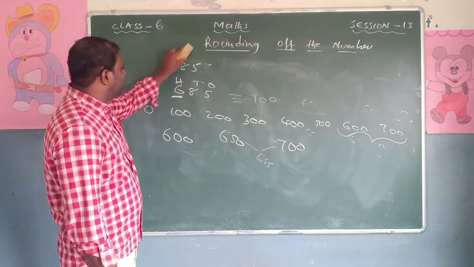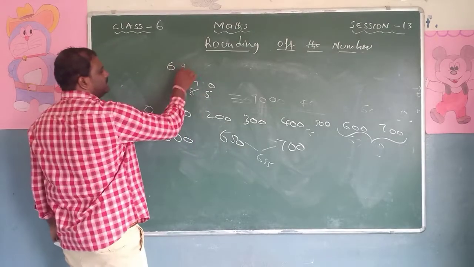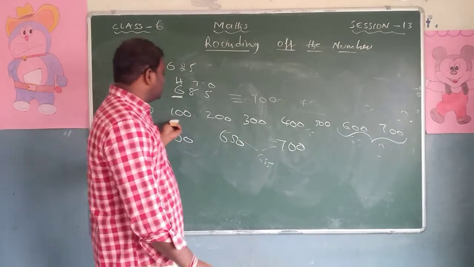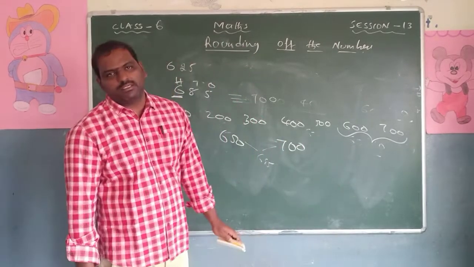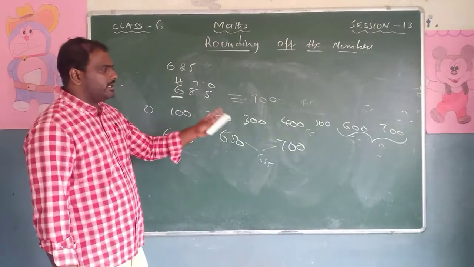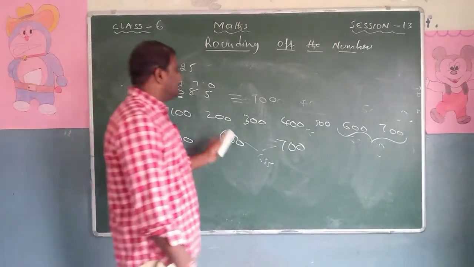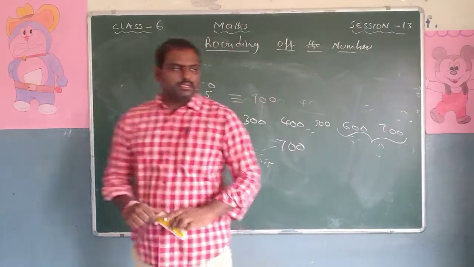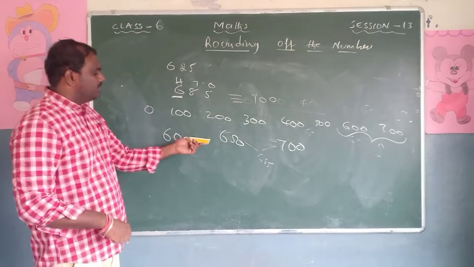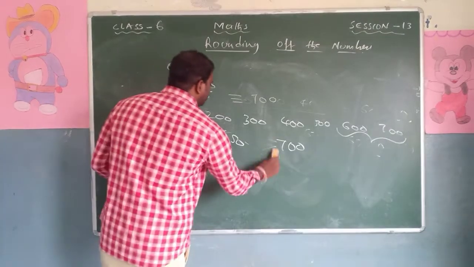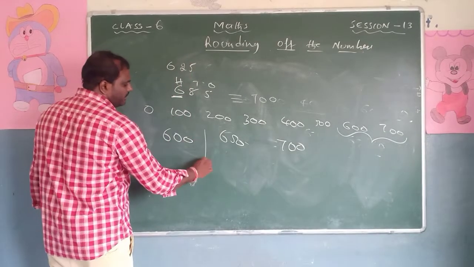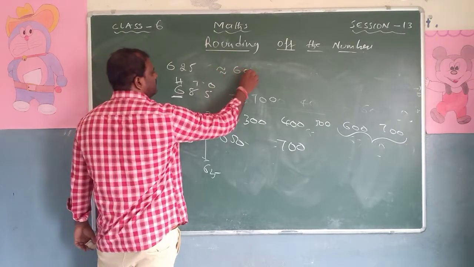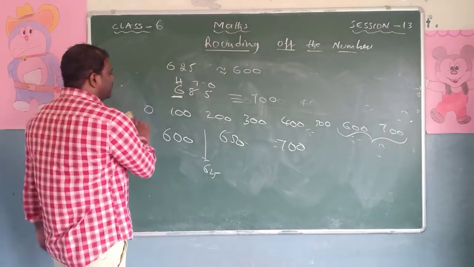Suppose the same question is given as 625. Same question 625 ఇచ్చారు. అప్పుడు ఏం చేయాలి? ఇక్కడ వరకు సేమ్ కాన్సెప్ట్. 0 to 100 is the same concept. 0, 100, 200, 300, 400, 500, 600. After that 600, the middle number we have to take. 600 and 700, what is the middle number? 650 is the middle number. Now we have to check our number is in between this or this. So here 625, the number will be here. So therefore the nearest 100 is 600, that is the answer. So this is the rounding off concept.